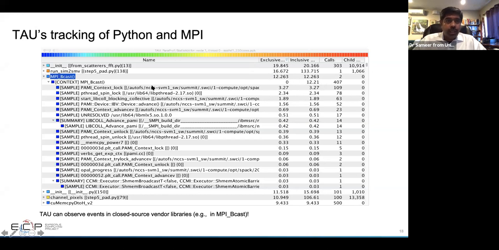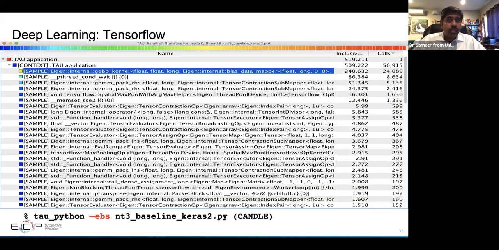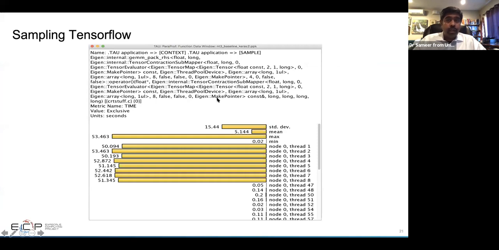And you can see this is the addition of all the samples in the MPI Bcast in a context node within MPI Bcast. And it says that this PAMI context lock took 3.27 seconds. And the pthread spin lock took 2.34 seconds. And you add these up, you get to 12.21 out of 12.26. And you can observe what was going on in vendor libraries. You can even unwind the call stacks using this tau_exec EBS unwind and see what's going on inside AI frameworks like TensorFlow and observe samples that are collected in individual per thread